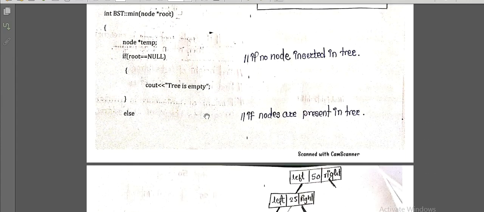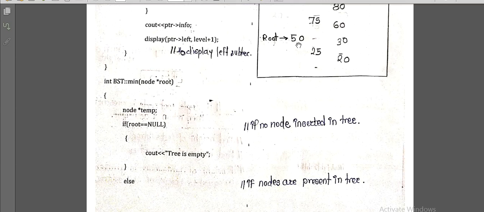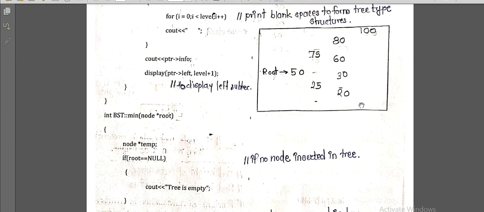Then next is, when we want to find the minimum value node in the tree, I have already told you that we have to move toward the extreme left of the tree. At that point we'll get the minimum node. For example, what is the extreme left of the tree? Now this tree is not displayed vertically, it is displayed horizontally, but we have to assume it to be vertical, and when we assume it vertically, this 20 is at the extreme left and is the smallest element in the tree.